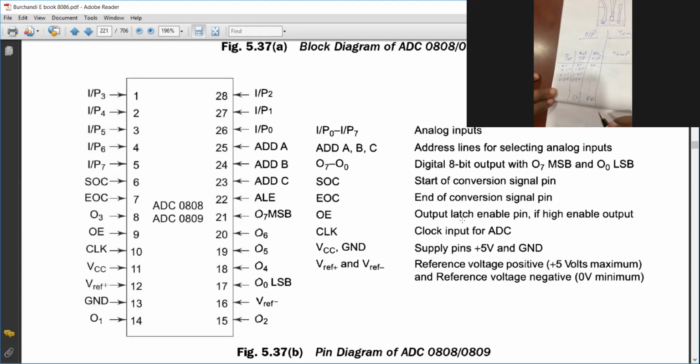And in temperature, using the thermometer, you will get like 0 degree centigrade, 1 degree centigrade, 2 degree centigrade, something like that. I'm just giving an example, up to 99 degree centigrade. So this table, 00 to FF and corresponding temperature, I will insert into the microprocessor system.